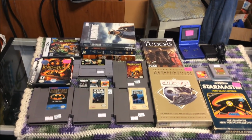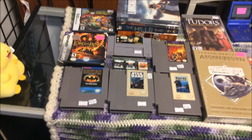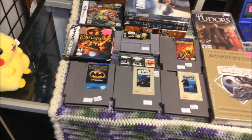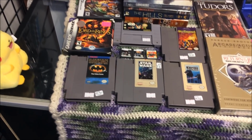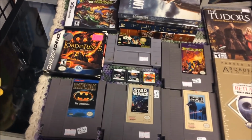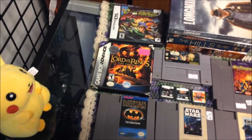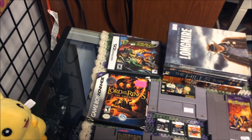All right, guys, here is the stuff that's going out today. These are some pretty nice NES games, and fortunately, I guess you'd say for us, they've all been taken. One of our regulars came in and has claimed them. I will be calling him here shortly. We got Batman, Star Wars, and Empire Strikes Back, and Castle Quest for the NES, Super Star Wars for the Super Nintendo, Lord of the Rings 3rd Age complete in box copy for the Game Boy Advance, Ben 10 Galactic